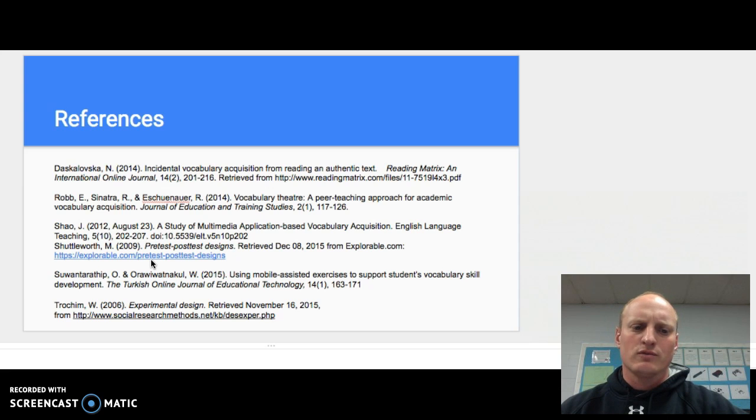Overall, I found that this was a very meaningful research for me, as it directly impacted my classroom. Vocabulary is something that we utilize on a daily basis, and I plan on continuing to utilize this sort of treatment in the future and continue to tweak and modify to see what works best for my students.